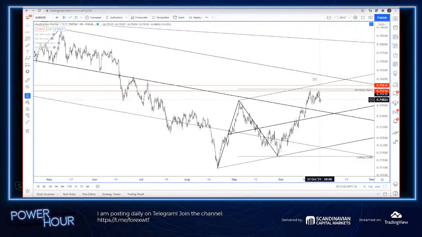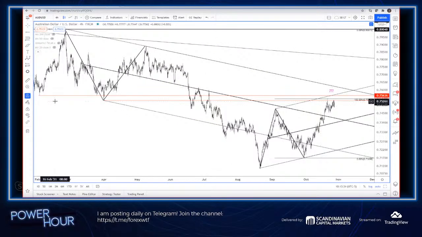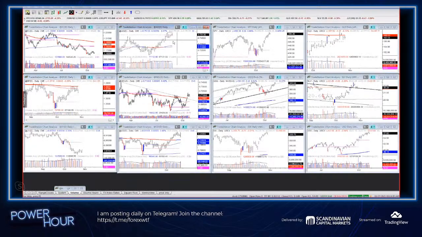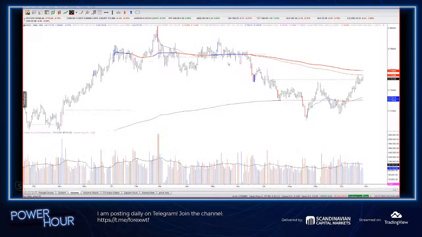And what else did I want to highlight? Yeah, so if we were to get another pop higher here, we'd be looking for channel resistance up around 75.70 or so. I don't know if we get there. Remember that British pound chart I showed you with the volume weighted average price stuff? We have a very similar dynamic here with Australian dollar. So Aussie dollar, again, 2021 VWAP here in the bold line, and VWAP from the high here in the thinner line. That actually nailed the top over here last week.